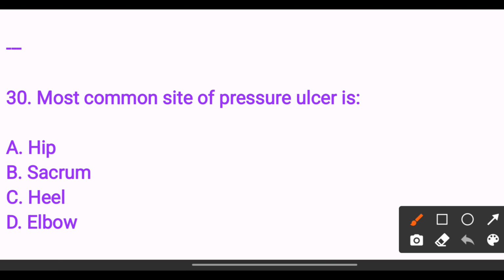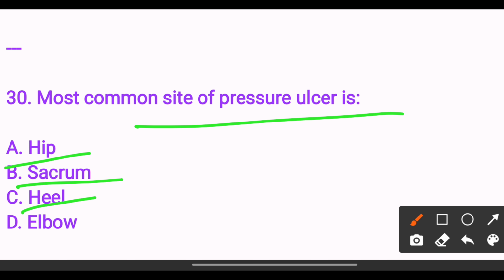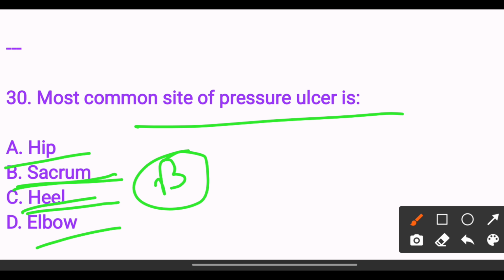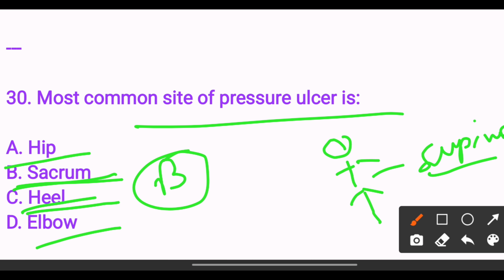Most common site of pressure ulcer is option A, hip, option B, sacrum, option C, heel, option D, elbow. The answer is option B, because when the patient lies down, most of the time they are lying in the supine position. So the most common site of pressure ulcer is the sacrum. So the answer will be